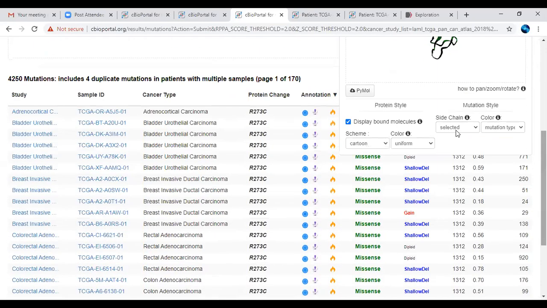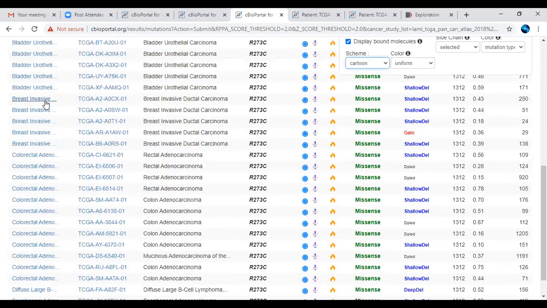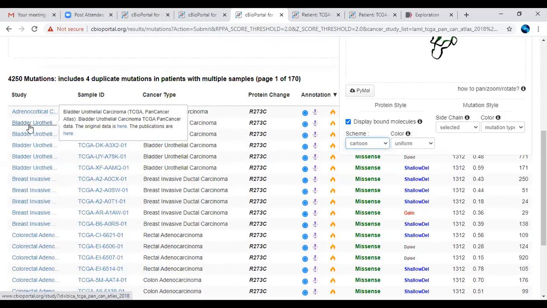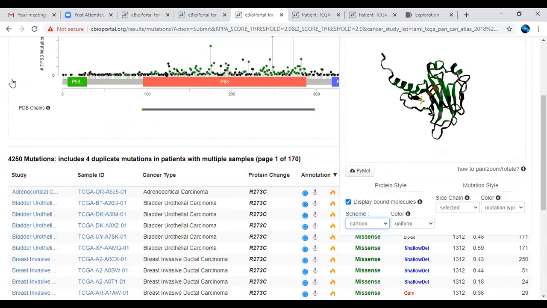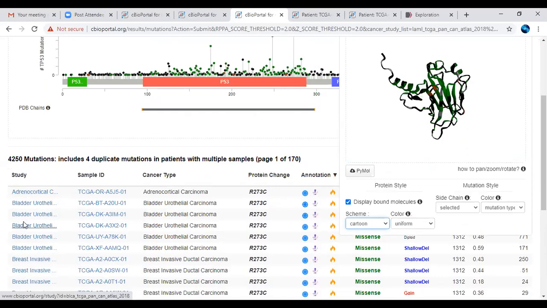Based on your interest, you can change the cartoon, or you can play with these options. But rather than that, you can see what omics datasets you are actually going to study. This particular TP53 gene has been studied in more than this particular cancer type.